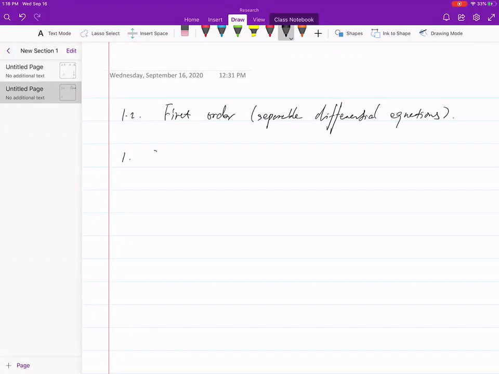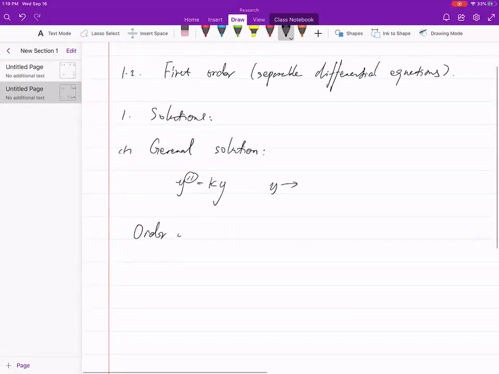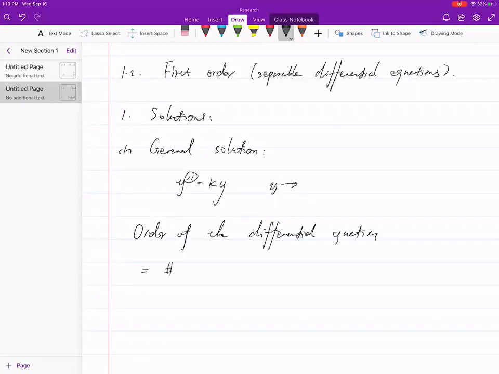We have something called the general solution, which basically means if you have a derivative involved in the equation, eventually you want to find what y is. For this case, you have to take integrals because you have derivatives. Then when you take an integral, you generate a constant, plus c. You do it twice, you have two constants. So basically the order of the differential equation, which means the highest derivative, is going to equal the number of constants